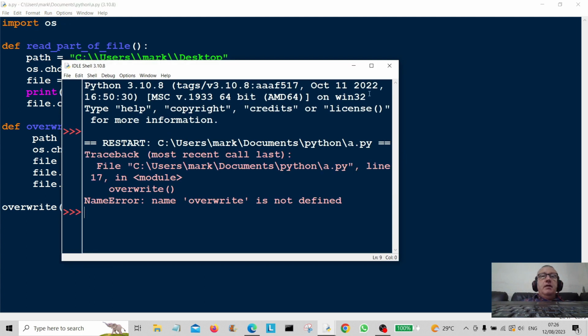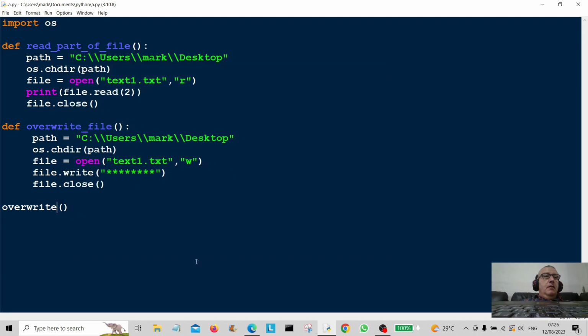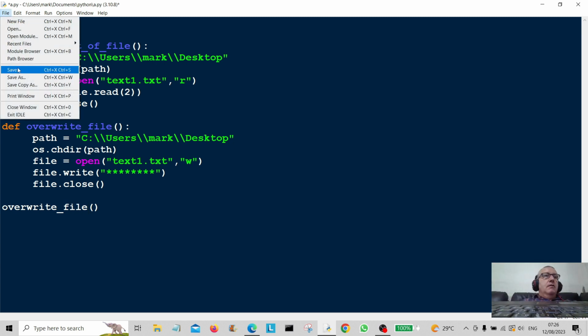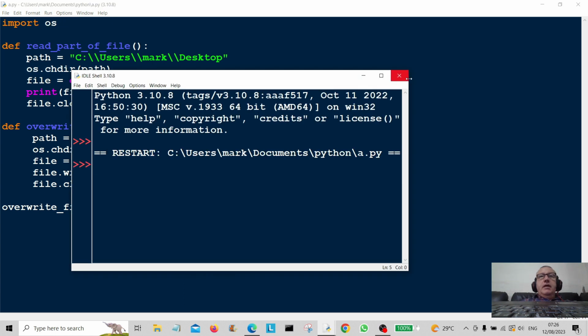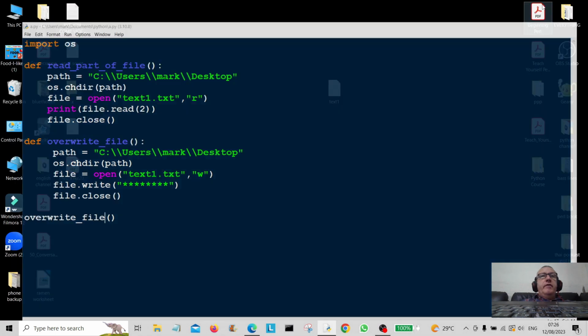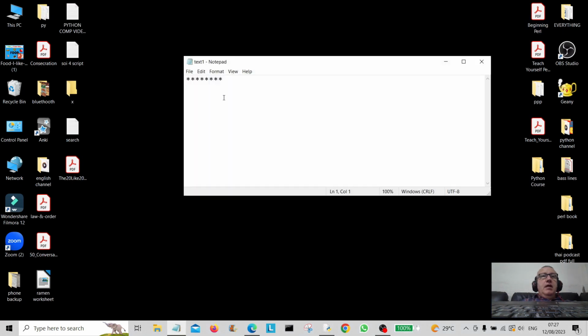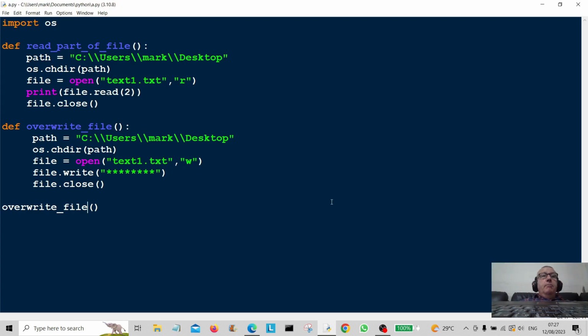Okay, name overwrite is not defined. Let's have a look. Overwrite file it should have been. In my haste, I forgot to do that. Okay, let's run it again. Okay, so that's a good sign. Let's have a look if we've overwritten the file. And we've overwritten it with asterisks. So there you go. Bob's your uncle and